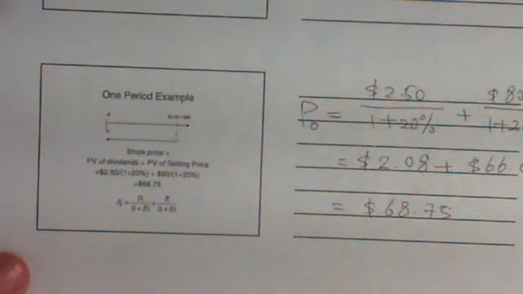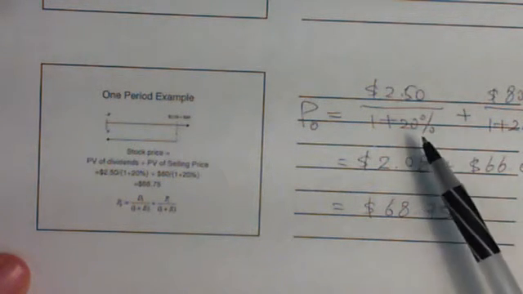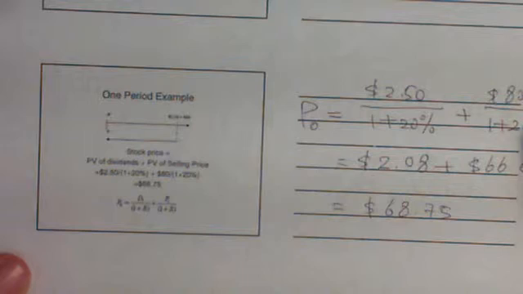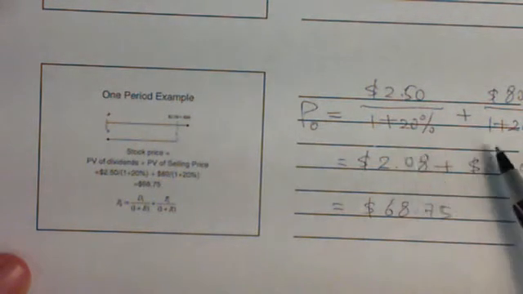Because most people understand that by holding a stock, there will be two benefits. One is the dividends in the future. Second is the selling price. So the value today must depend on the two, the present value of the two. Now,